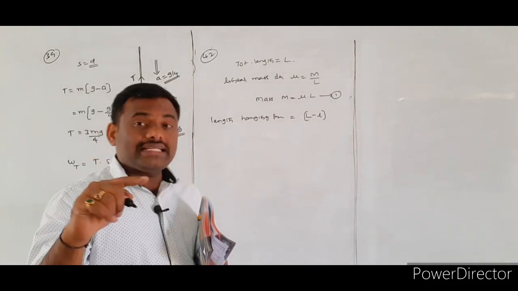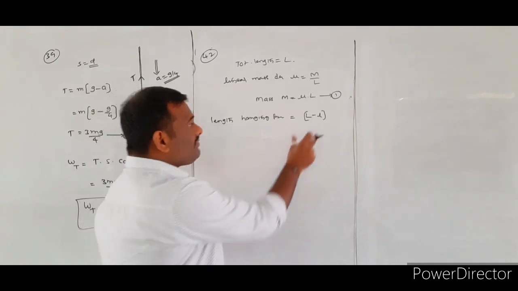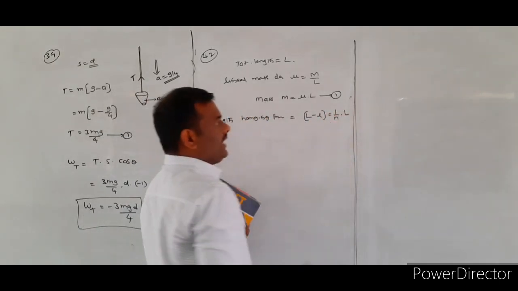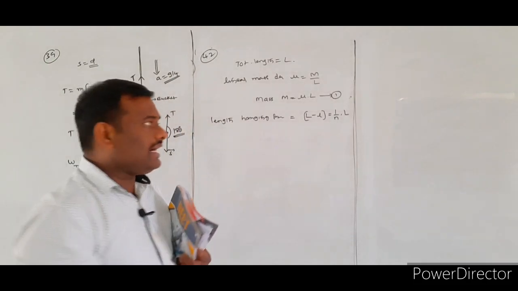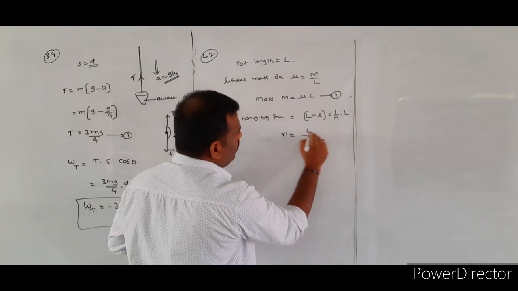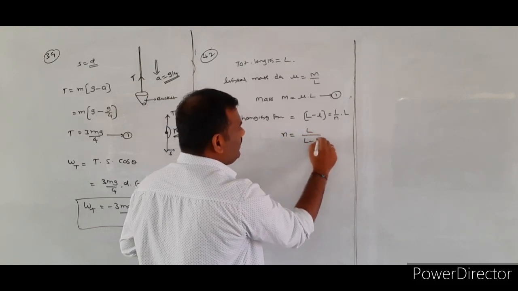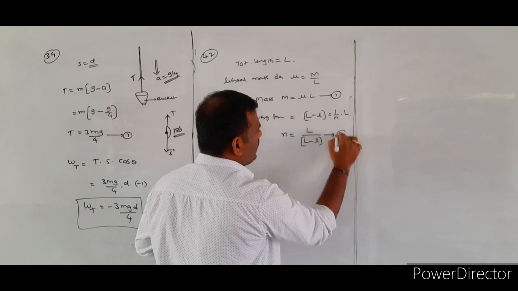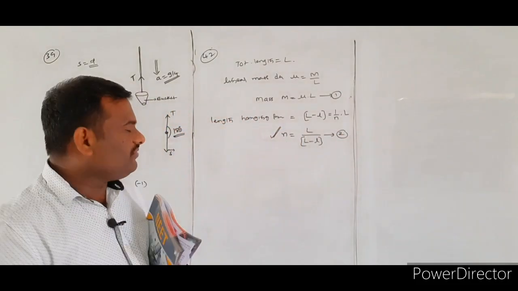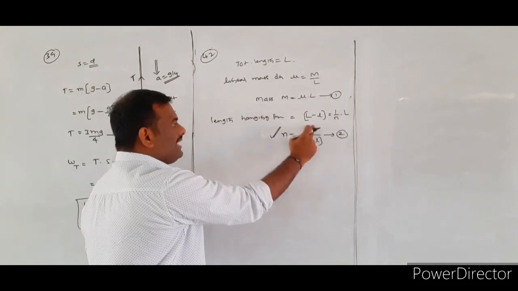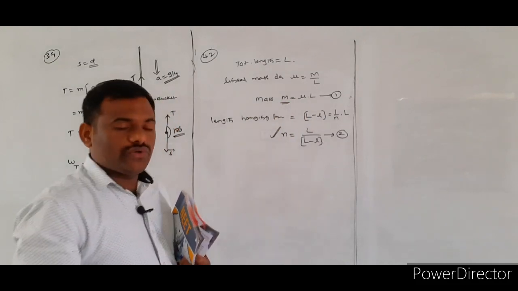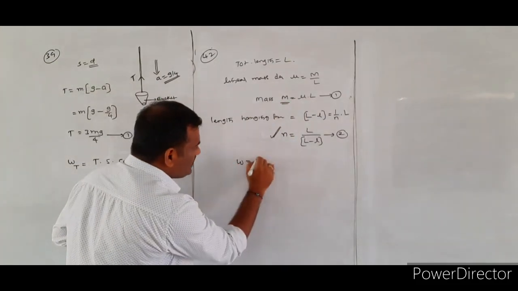While deriving the general formula, you wrote that the length of the hanging part is 1 by nth of the total length. From this I will write n is equal to capital L by capital L minus small l. Here I need the small n value to substitute in the direct formula. Therefore, you got n is equal to capital L by capital L minus small l. You got the total mass of the chain also. Therefore, you know the general formula for work done.